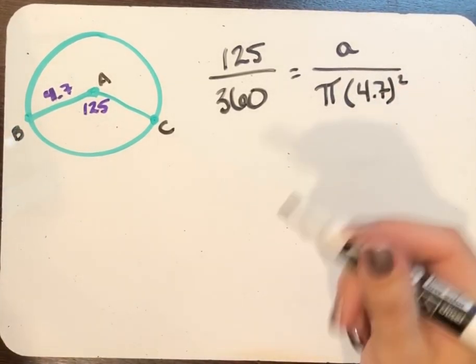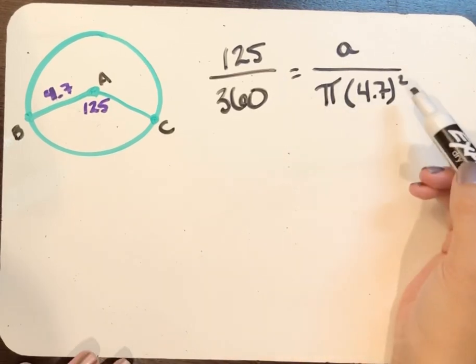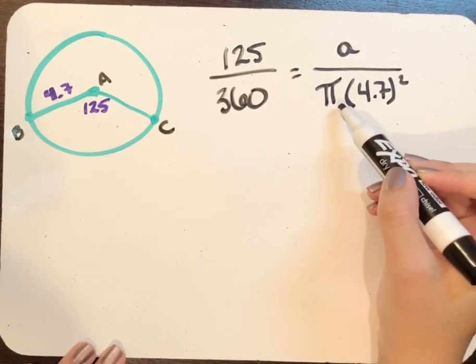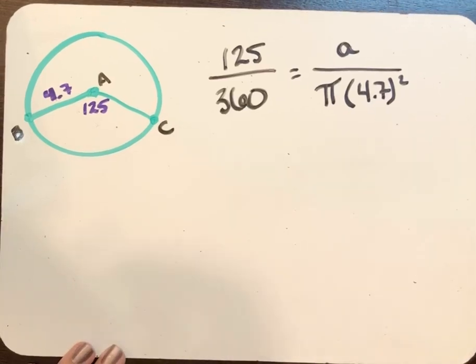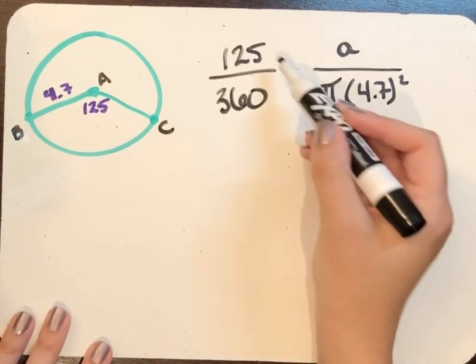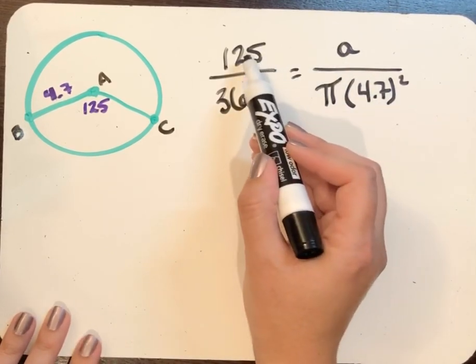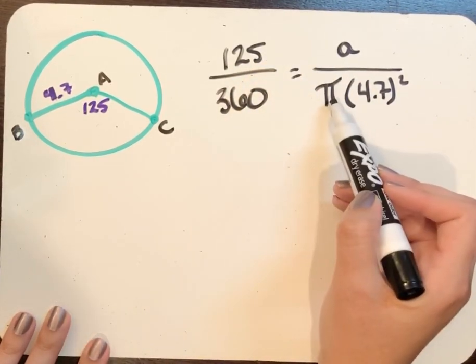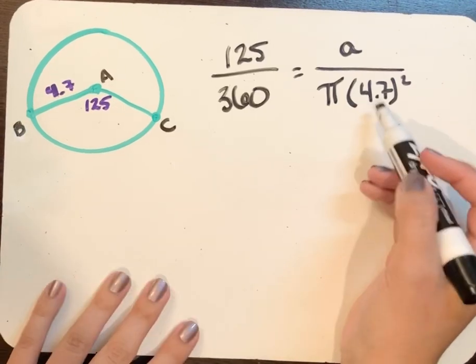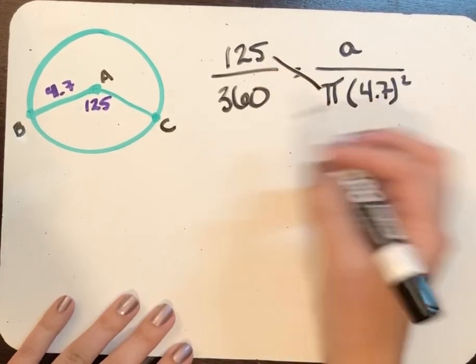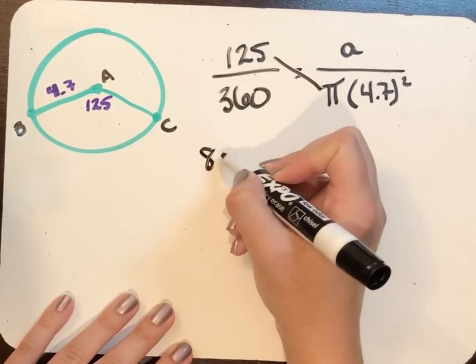Now it's really important to make sure when you're doing calculations that you're squaring only 4.7. Notice pi is not being squared here. My next step, I'm going to cross multiply here. So in my calculator, I'm going to type 125 times pi times 4.7 squared. I can do that all at once. When I do that, I get